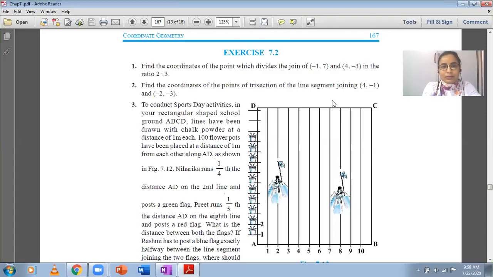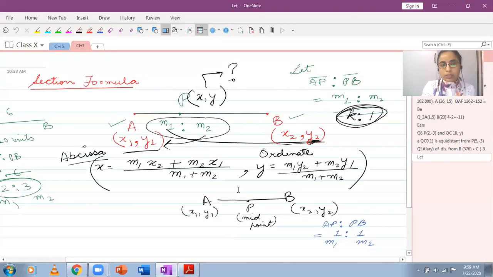All right. So this is what we had started actually, exercise 7.2. Before this, I was discussing the section formula with you, and the section formula is used to find out the coordinates of a point which divides a line segment in a ratio given to you. So before we learn how to apply the formula, I was discussing the scenario where this ratio is 1 is to 1. If P is the midpoint, then what happens?